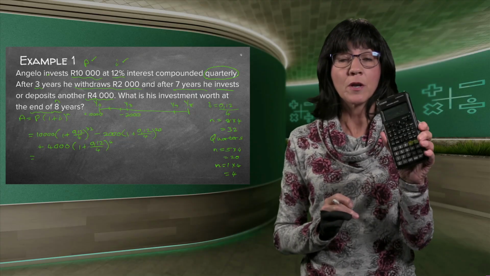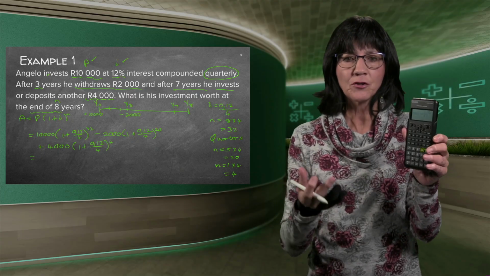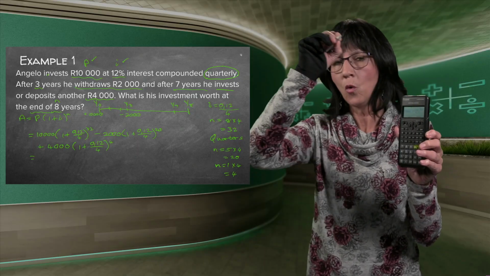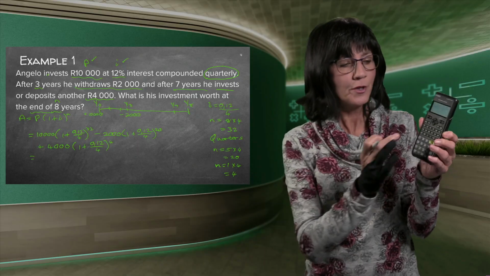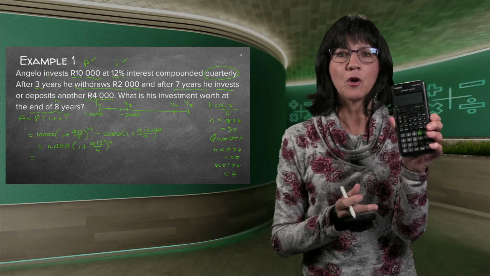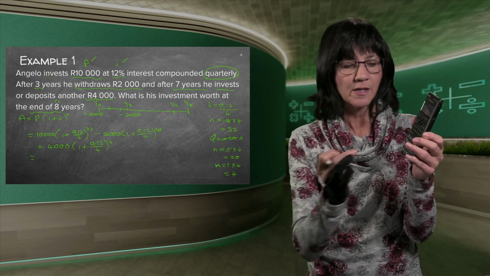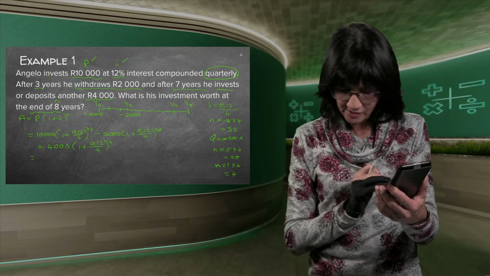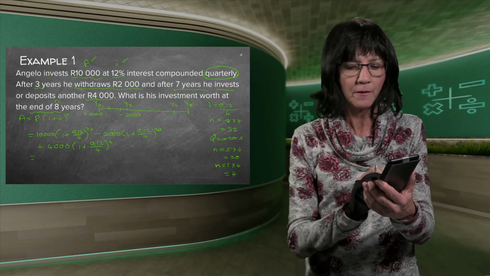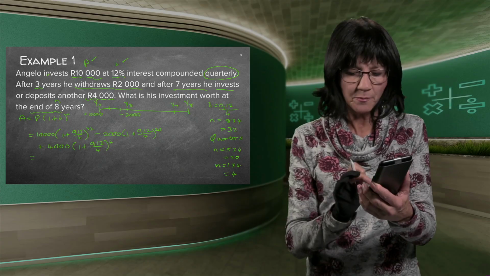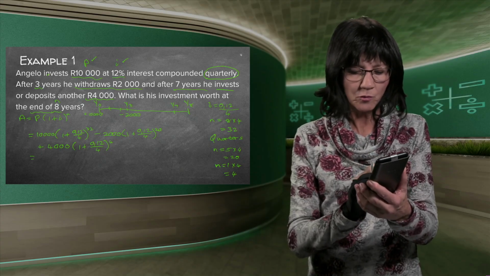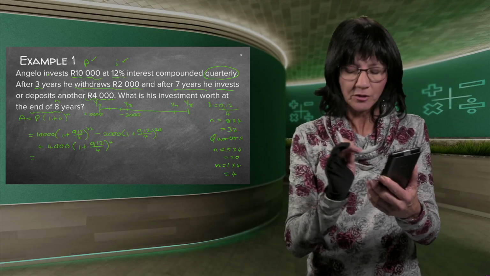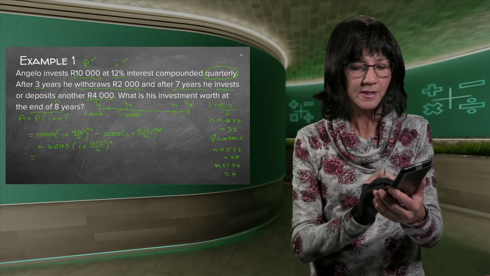Now, and this is why I want to physically do it with you. If you now just say minus 2,000, it's going to do everything there at the exponent, all in the air. This is not what you want. So with your cursor, you always have to go back from the exponent to normal figures. So you press the right-hand side of your cursor. Now you're flat on the line again, and you can now say, okay, I'm minusing 2,000 now. With all its interest, which is in the bracket, 1 plus fraction, 0.12 over 4. Go to the right-hand side, close your bracket, to the power of 20.